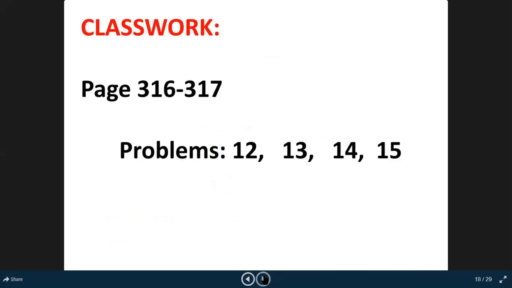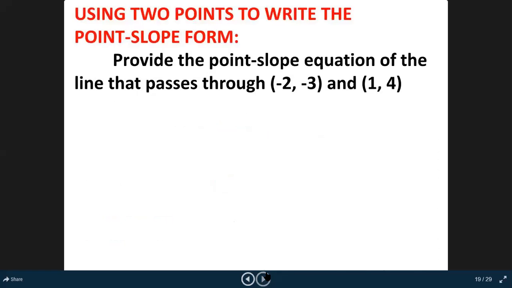Any questions so far? If you have 2 points and you want to write a point slope form,